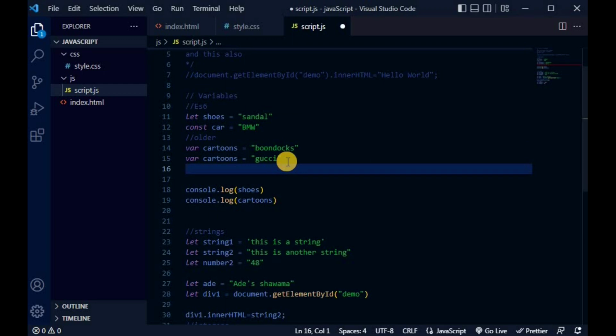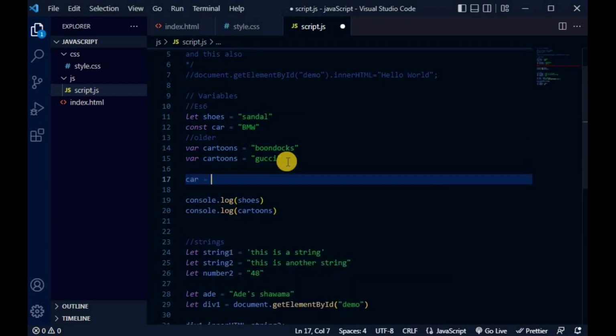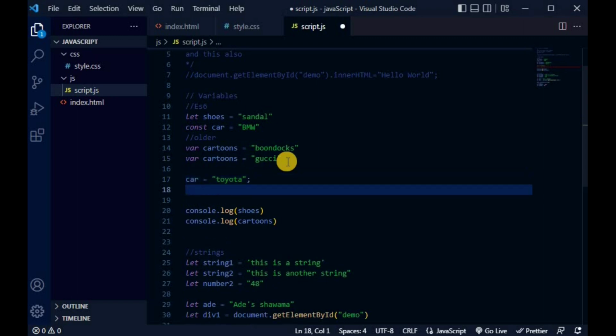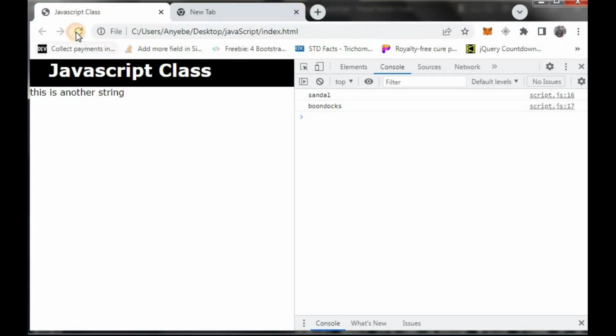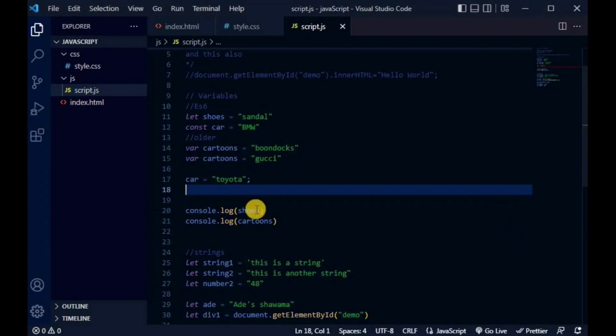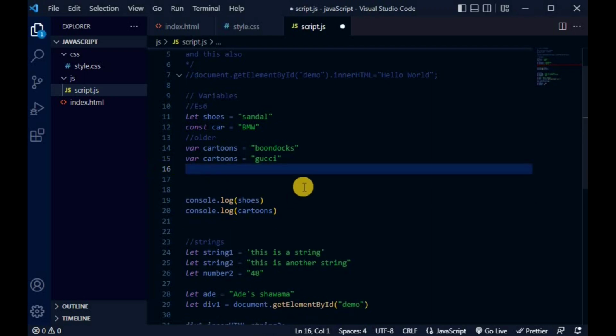We cannot come here and say car equals Toyota. It will give us an error. Let's go to our console and you see what I'm talking about. Uncaught error: assignment to a constant variable. We cannot assign to a constant variable. It will give us an error. So basically, I skipped that earlier when we were talking about let, const and var, and I would like to clarify it before we proceed. So let's just put that at the back of our mind